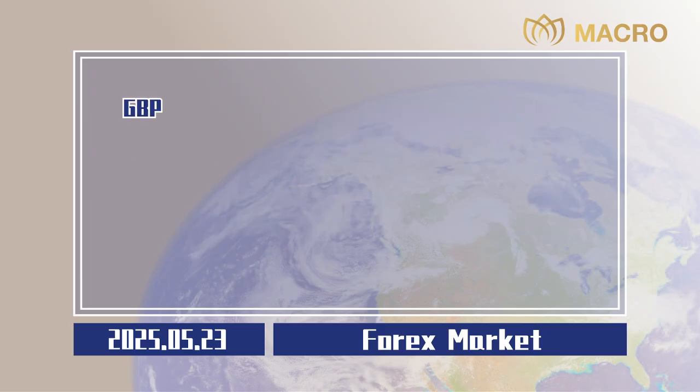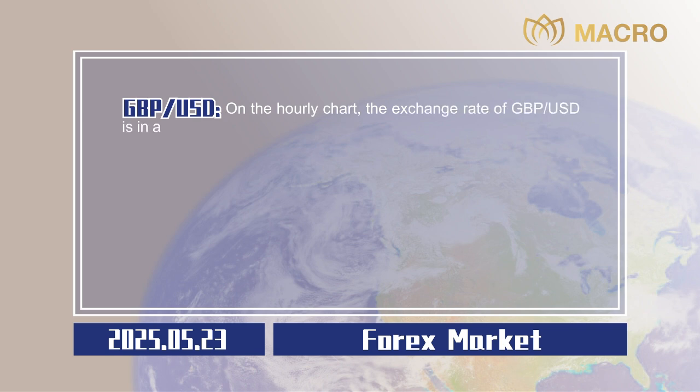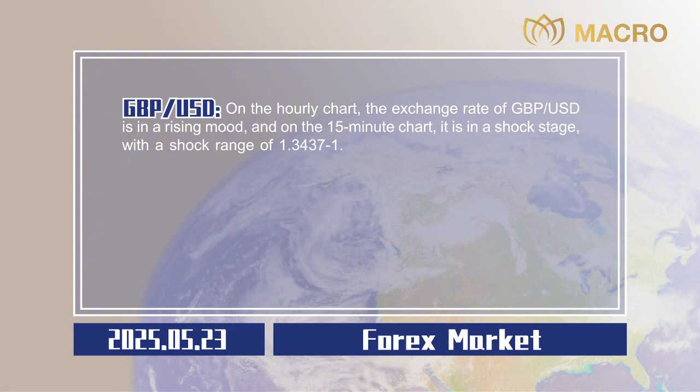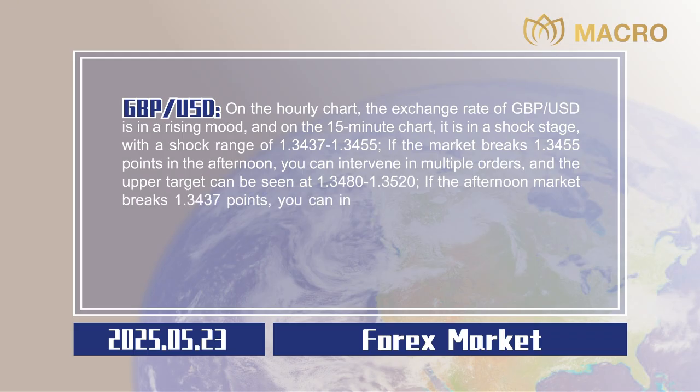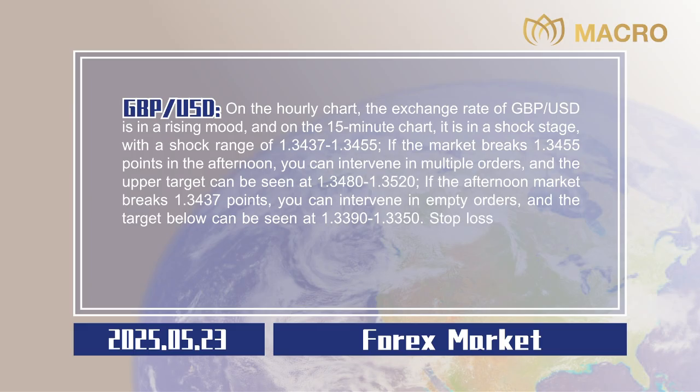0.0020. Pound sterling to US dollar. On the hourly chart, the exchange rate of pound sterling to US dollar is in a rising mood, and on the 15-minute chart, it is in a shock stage, with a shock range of 1.3437 to 1.3455. If the market breaks 1.3455 points in the afternoon, you can intervene in multiple orders, and the upper target can be seen at 1.3480 to 1.3520. If the afternoon market breaks 1.3437 points, you can intervene in empty orders, and the target below can be seen at 1.3390 to 1.3350. Stop losses are all 20 points,